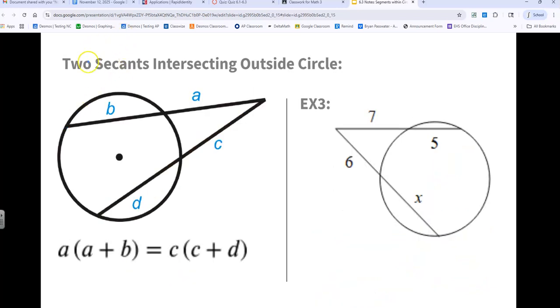All right, so if we have two secants intersecting outside of a circle, then what we're looking at here is going to be A times A plus B. Over here for this line, A is the outside part, A plus B is the whole line. And that is going to equal